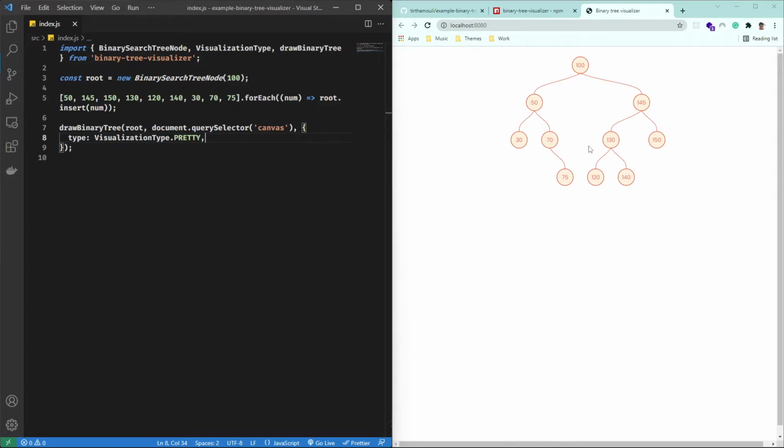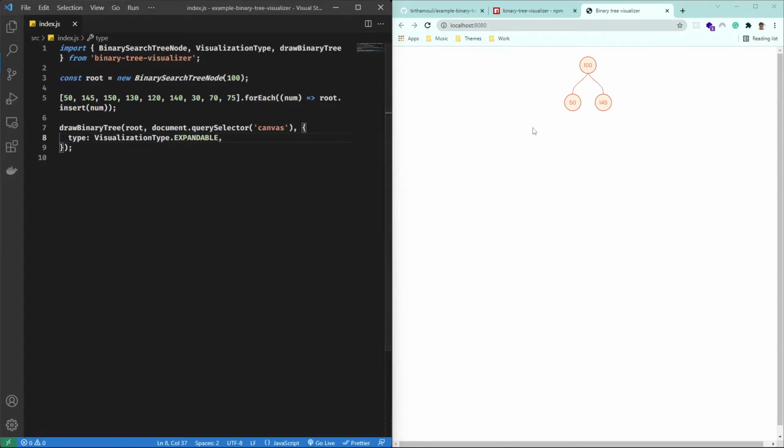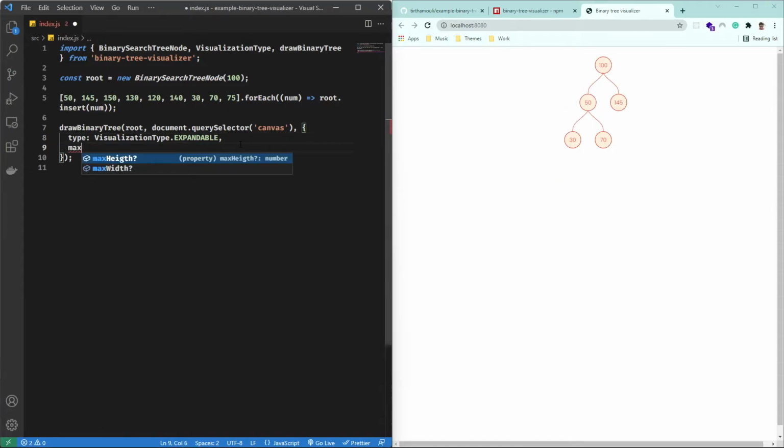You can also use the expandable tree option. So we can select expandable here. And in this you can click on any node to only show till its children. And 2 sibling nodes' children will not be shown at the same time. You can open it by clicking on any node. And if a node doesn't have any children, then it will not expand. Pretty cool, right? The other options are max height and max width of the binary tree. The canvas will take up this max height and width that is passed. And it is more like a suggestion because if more space is required to display the tree, it will be taken. And that is all with the visualization.